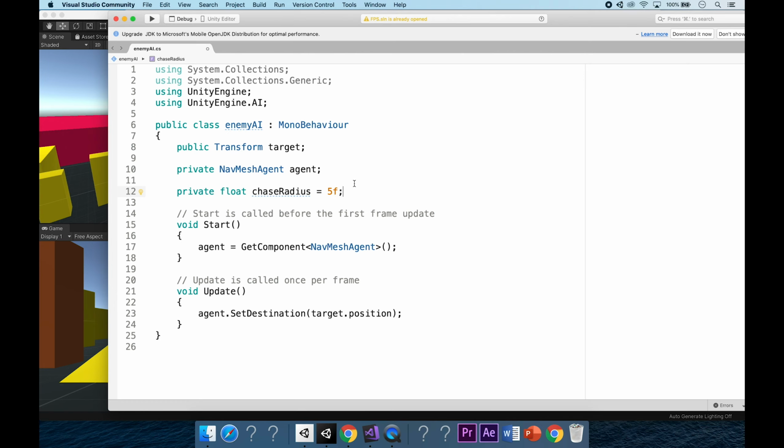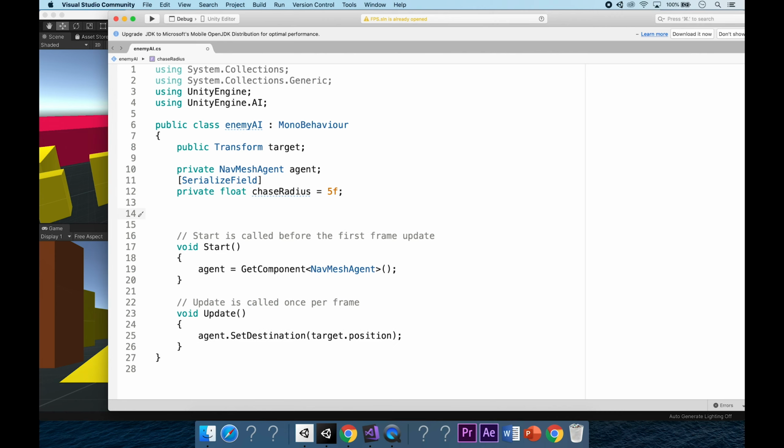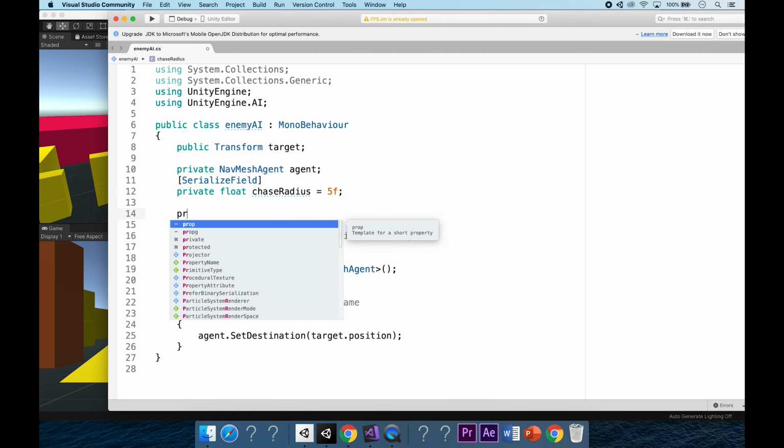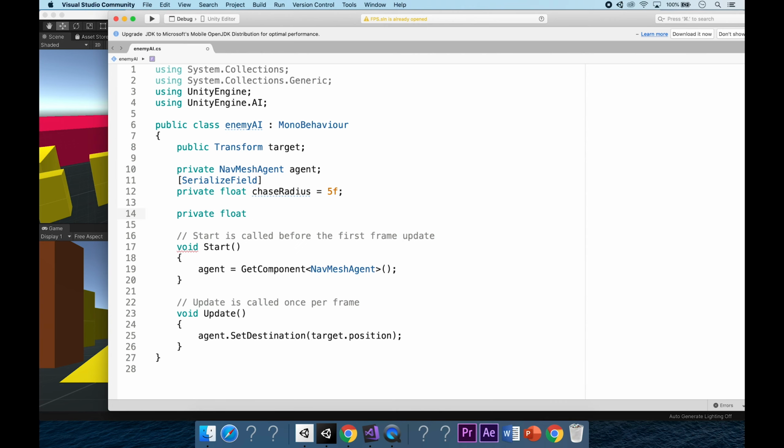So the radius around our enemy will be 5f, and then if we go under 5f closeness or distance from our enemy, he will then begin to chase us. So because we've made this private, we're going to serialize this field. There we go, serialize that field. And then we need to create another variable, which is a little bit more confusing, but I will explain it, and that is also a private float. And we'll name this distanceToTarget,